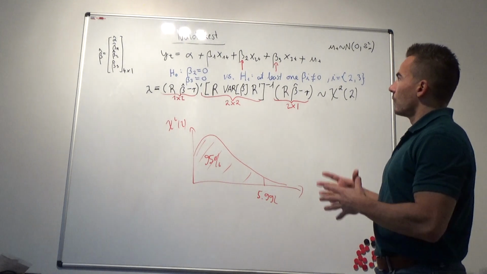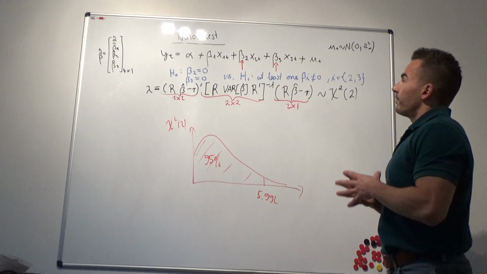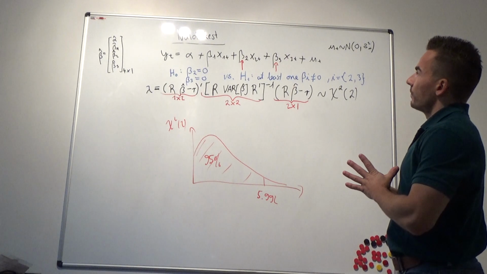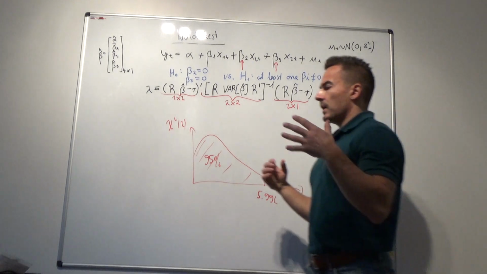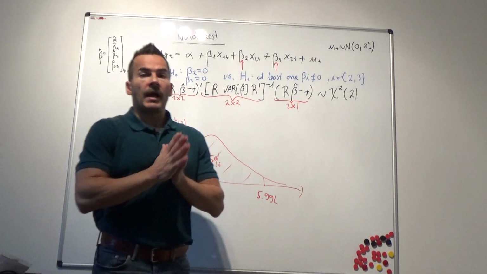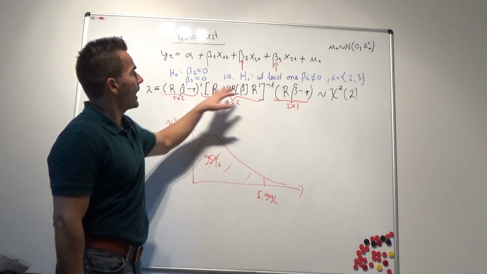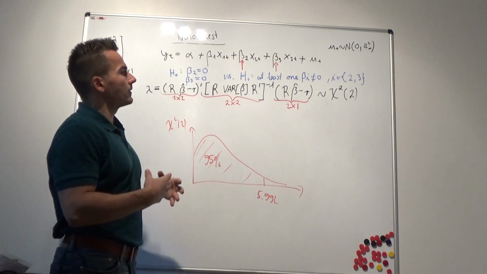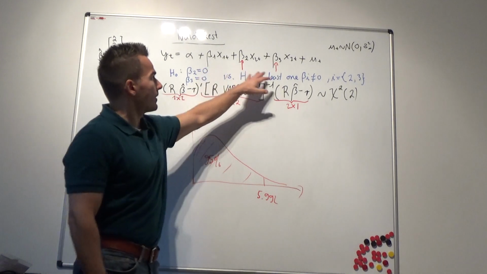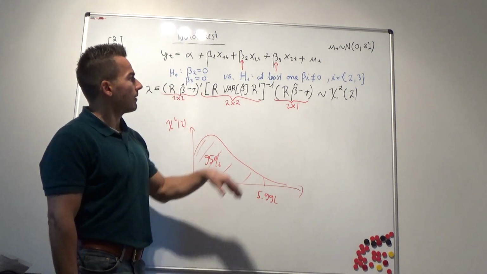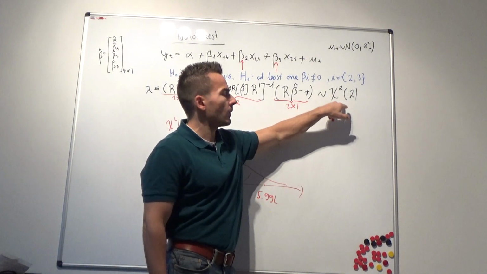So that's the Wald test, and the Wald test can become quite fancy, I would say, because you have to run the model under the alternative hypothesis. The Lagrange multiplier test has the same distribution under the null hypothesis. If we would test this model using the LM test, we would have a different approach. We would estimate the model first under the null hypothesis and not under the alternative hypothesis. It's a different approach, but the corresponding reference distribution under the null hypothesis is the same, chi-square distributed with 2